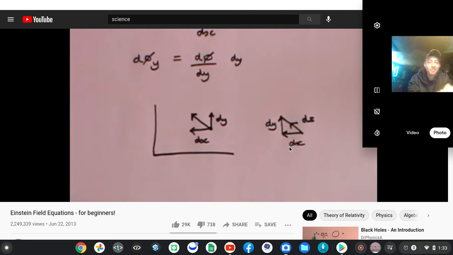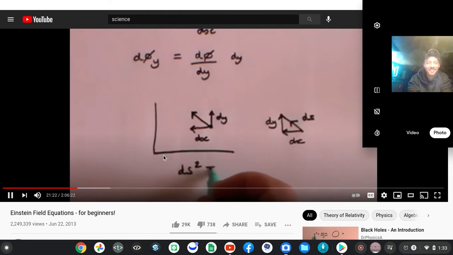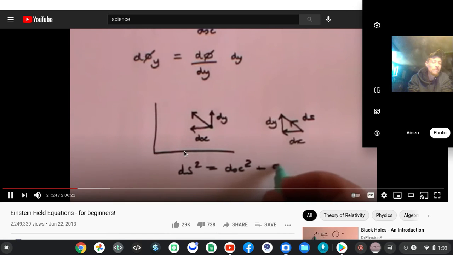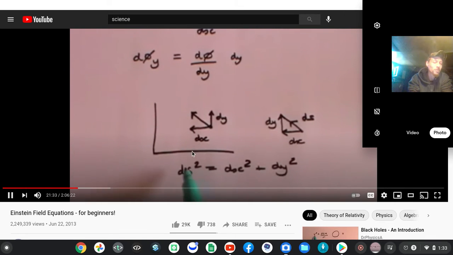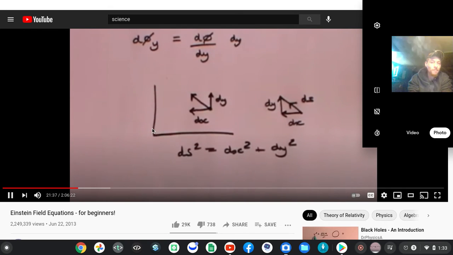And we can next use Pythagoras to work out what ds is. Of course, ds squared is equal to dx squared plus dy squared. That, of course, is very simple. If you don't want to know whether you're adding vectors together, this gives you the magnitude, but for purposes of adding vectors together, we simply say that ds,